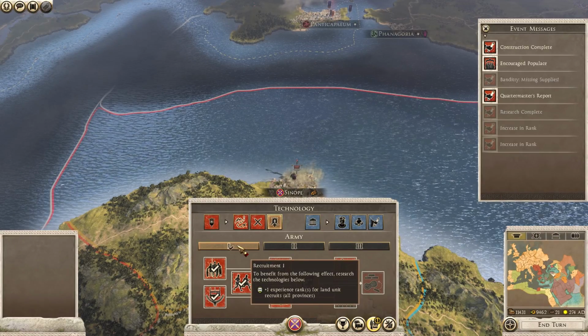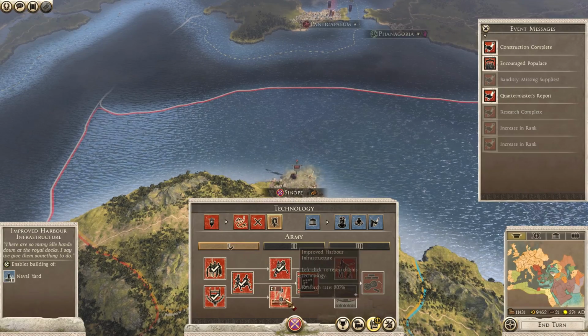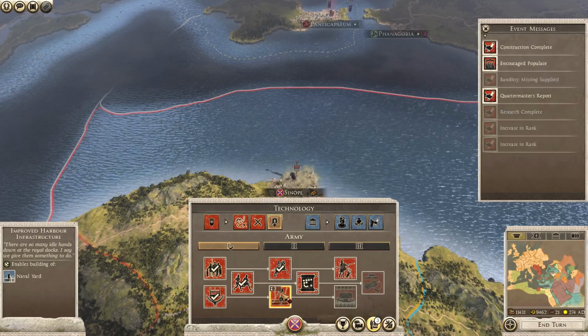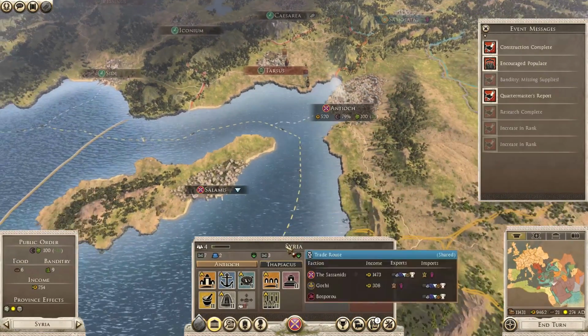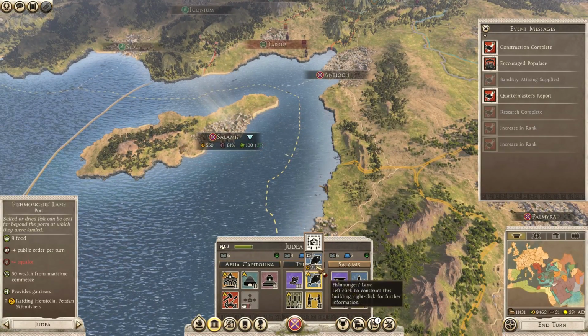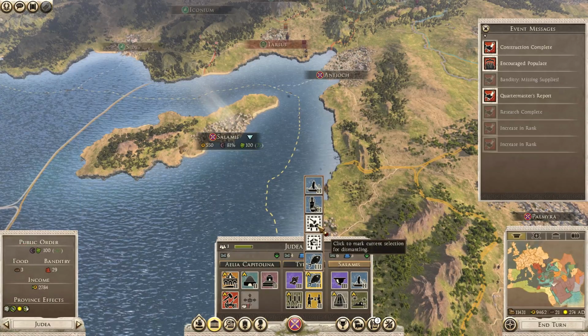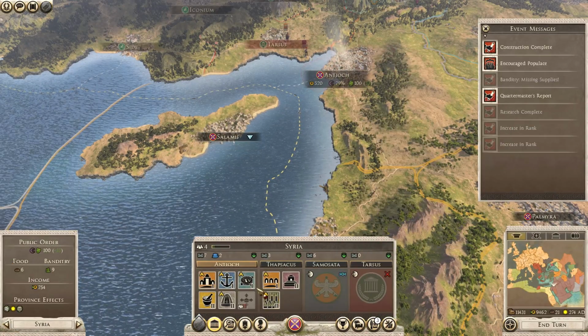Okay, let's have a look over here. We completed this, which gives +1 experience ranks for all land recruit units. That's actually really nice. Okay, now we're going to go for naval yard though, since I want to be able to get better ships. And while we're waiting for that to happen, let's get rid of this fishing village and change it to the...